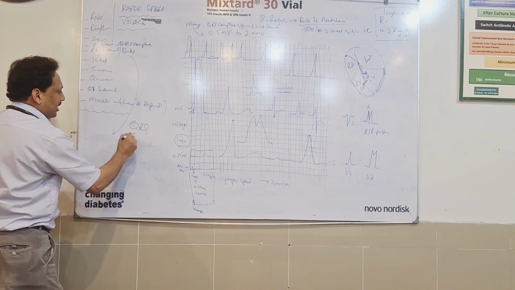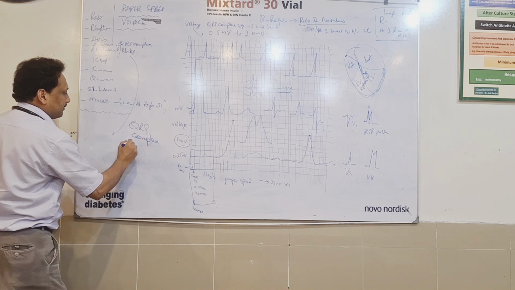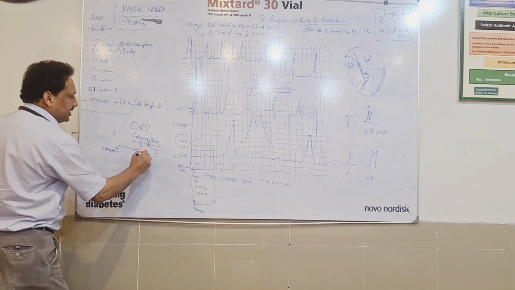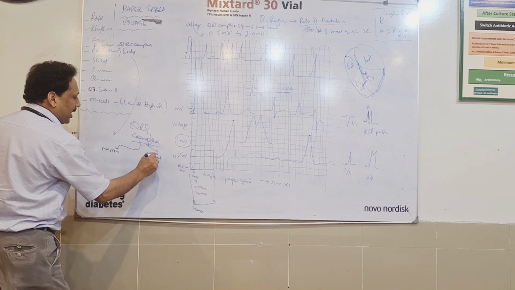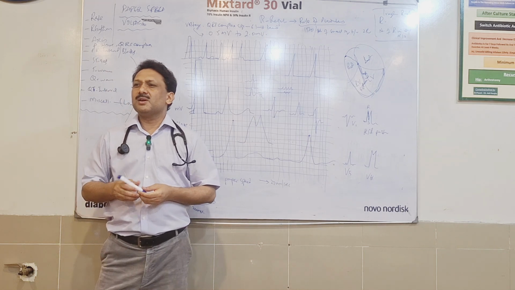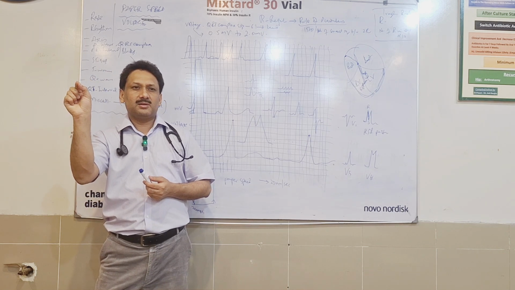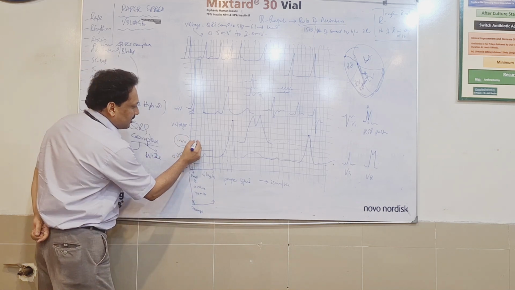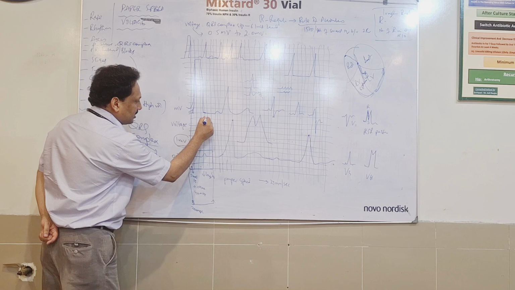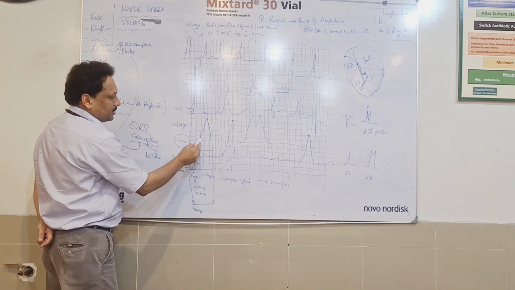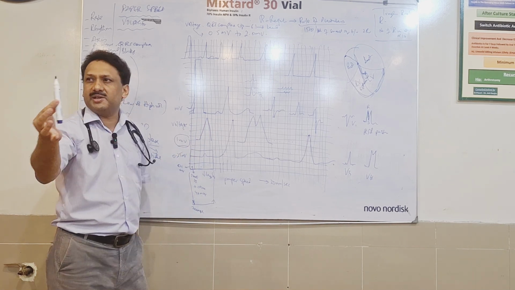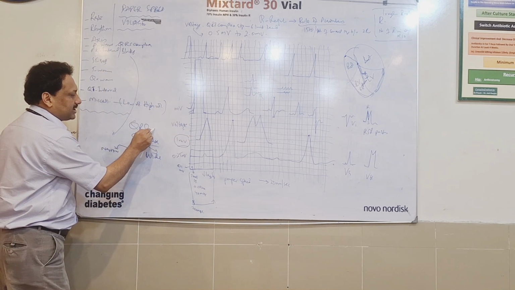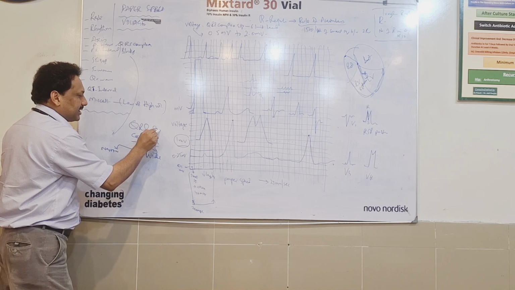This is QRS complex. It can be narrow. As we discussed in arrhythmias, it can be wide. What is the normal size of QRS complex? 0.08 to 0.1 second. The two small boxes are equal to 0.08 seconds. In other words, 80 milliseconds. So if ever somebody asks you what is the size of normal QRS complex, you would say 80 millisecond